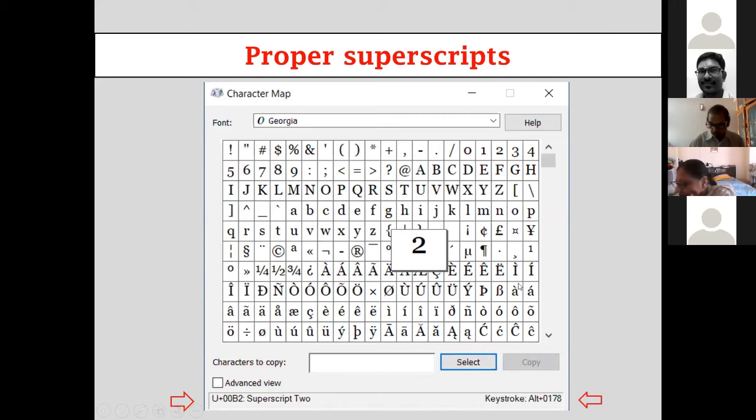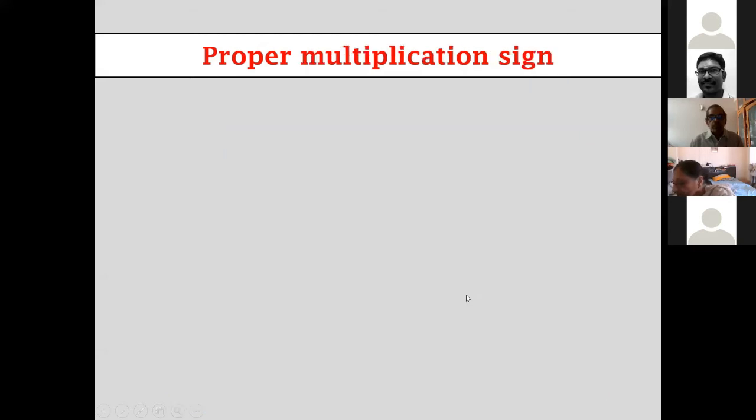And if you don't have a separate numerical keypad, you could use this notation. You could use B2. So just type B and then type 2 and then type Alt X, if you are using Windows, that is. So the moment you type Alt X, it will convert that B and 2 into proper superscript 2.